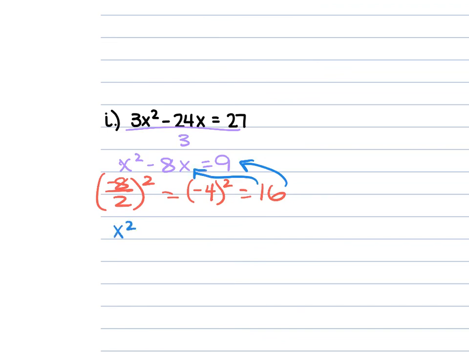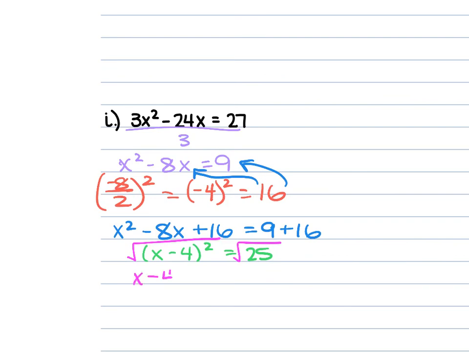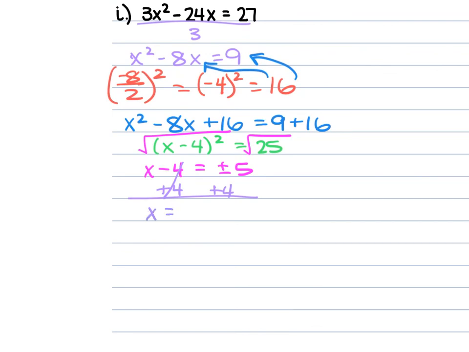So we're going to have x squared minus 8x plus 16 is equal to 9 plus 16. From here, we're going to factor that left side. We're going to have x minus 4 squared, and then we're going to add the 9 plus 16, which is going to give us 25. Take the square root of both sides. We have x minus 4 is equal to plus or minus 5. Now add the 4 to both sides. We're working with two real numbers here, so x is equal to 4 plus or minus 5